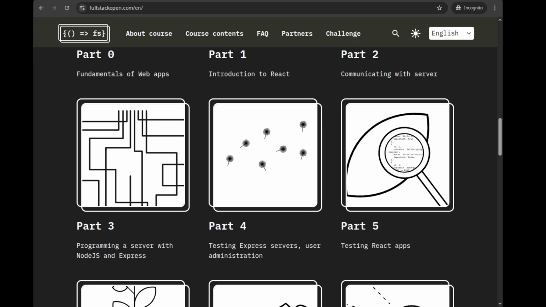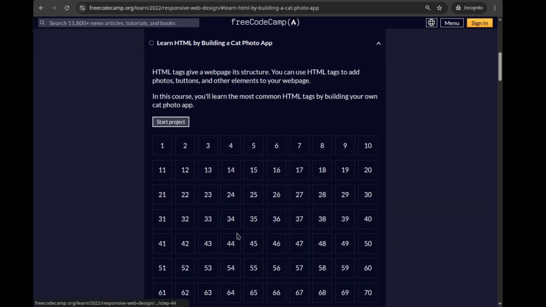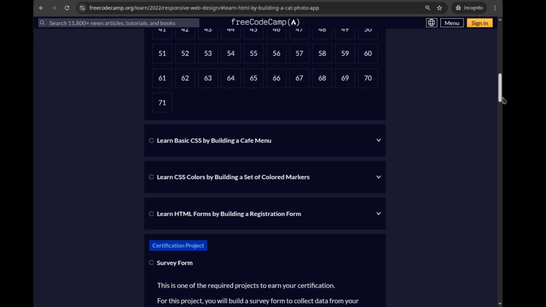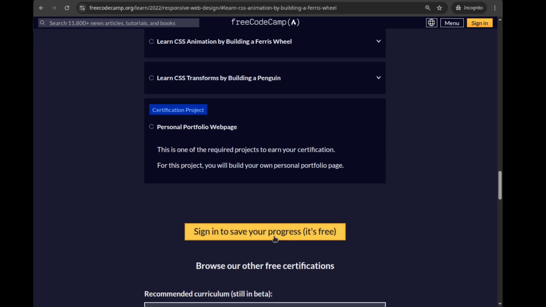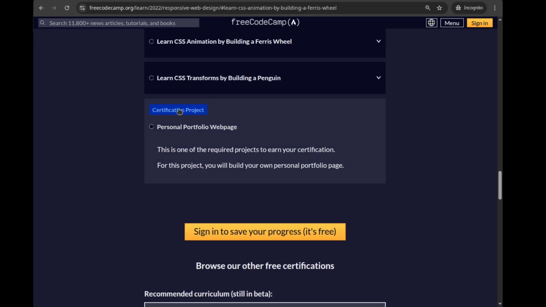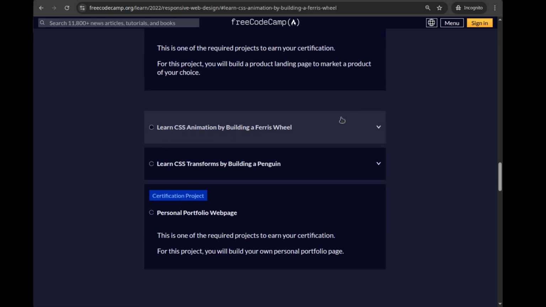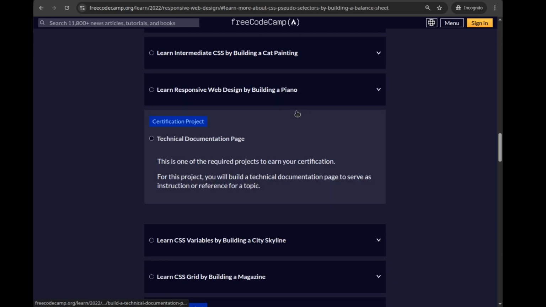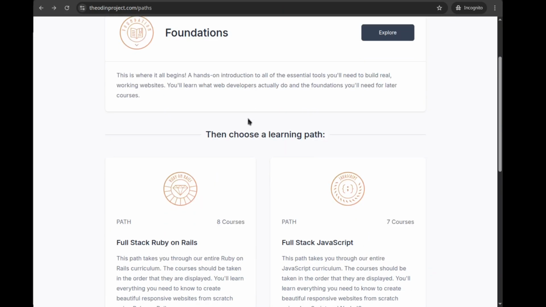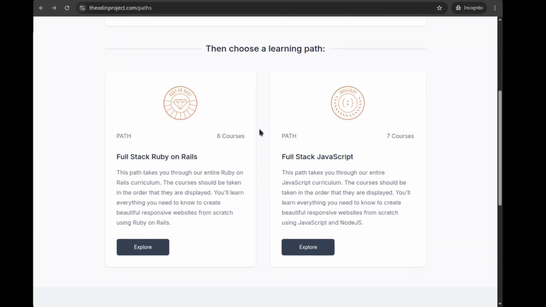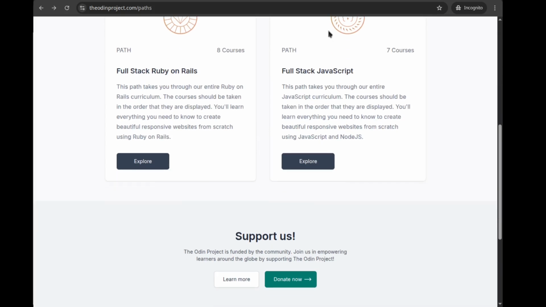In terms of certification, freeCodeCamp offers certificates at every completion. If you sign in and save your progress, you get a certificate for completing this entire section. So you get certification for completing the assignments and the projects and whatnot. The Odin Project, on the other hand, doesn't offer any form of certification. You just get through the projects. You actually build